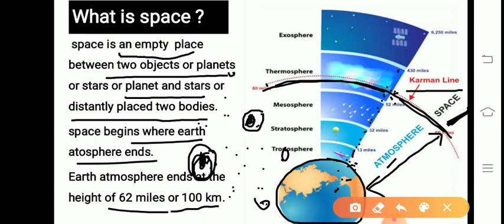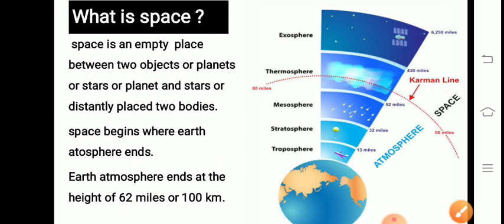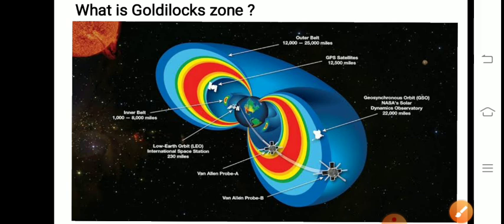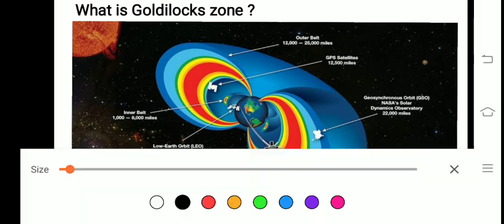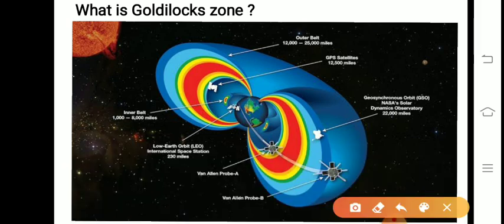So the atmosphere is maintained or pulled by gravitational pull, but it is conserved or protected by the Van Allen belt. So what is the Van Allen belt? Just watch this slide. In this slide you will see this is the Earth, basically the Earth layer. This is the inner Van Allen belt area, and this is the outer Van Allen belt area.